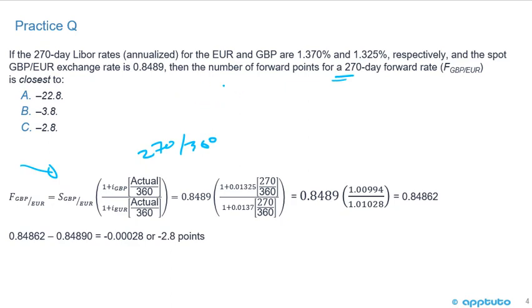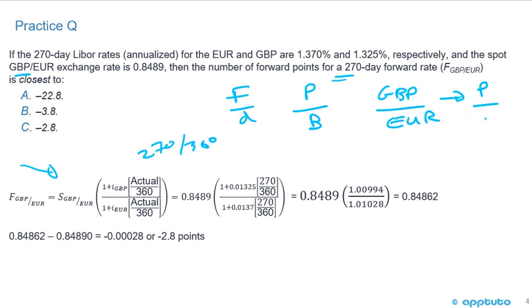So remember, we've seen the nomenclature of F over D, but I like to remember it as price over base, because they're giving you the exchange rate here, Great Britain pound to euro. So you know that the Great Britain pound is the price currency and the euro is the base currency. So therefore, when it comes to the interest rate for the numerator, and the way that I would do it